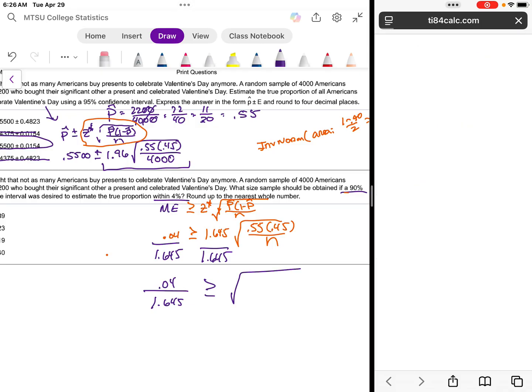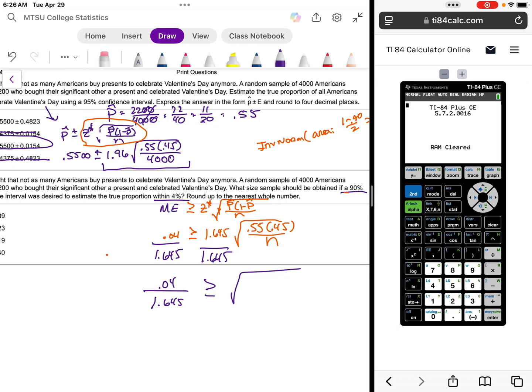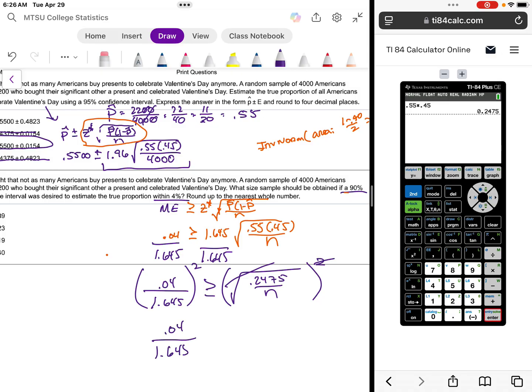So let's find out what 0.55 times 0.45 is: 0.2475 over n. We can always divide that fraction out, but I just like leaving it the way it is and doing it all at one time. So I'm going to square both sides to get rid of the square root. So we have 0.04 over 1.645, quantity squared, greater than or equal to